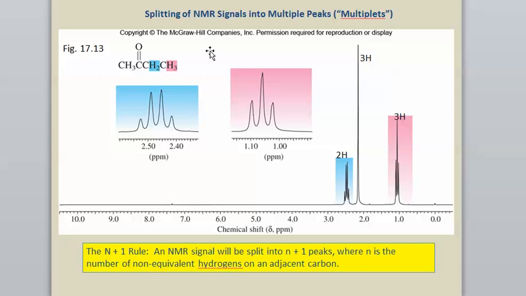So in this molecule, this is a 4-carbon ketone, that is butanone, and butanone has 3 sets of hydrogens. The 2 methyl groups here are not equivalent. One is directly attached to a carbonyl, the other is not. And certainly a carbon with 2 hydrogens is not going to be equivalent to one that has 3. So we expect 3 signals, but there's a little bit more going on here. You can see the way these are labeled. The 3 H's is one of those methyl groups, but there's another 3H signal that's not as tall because it's